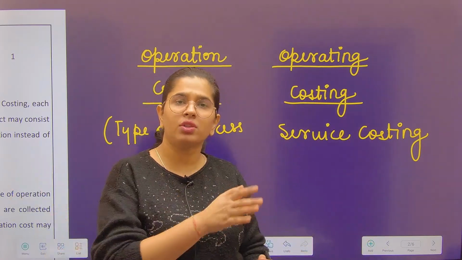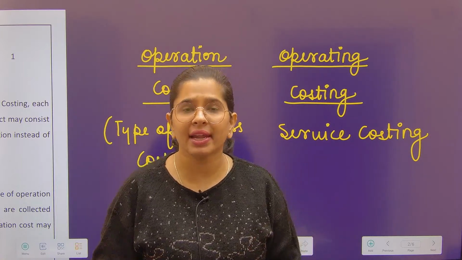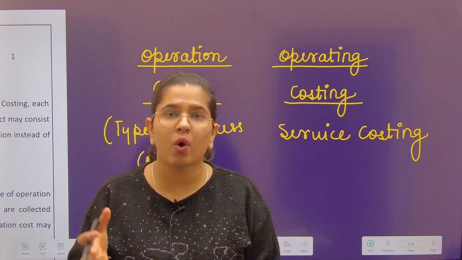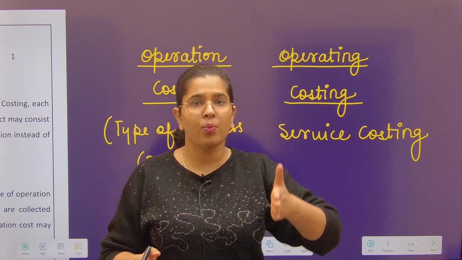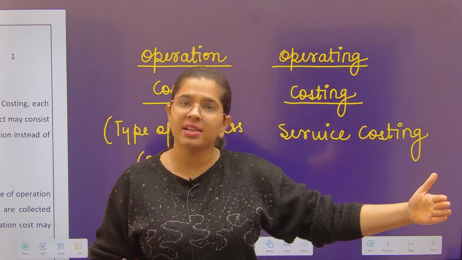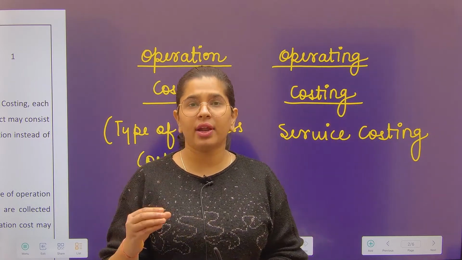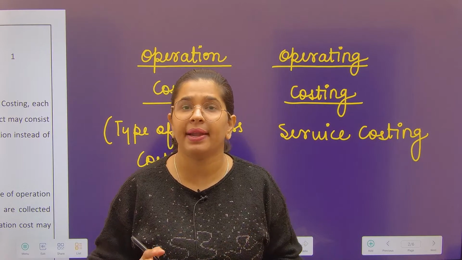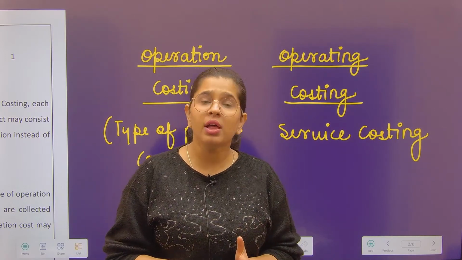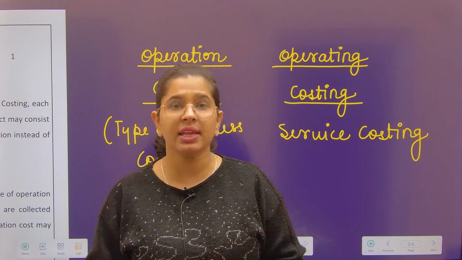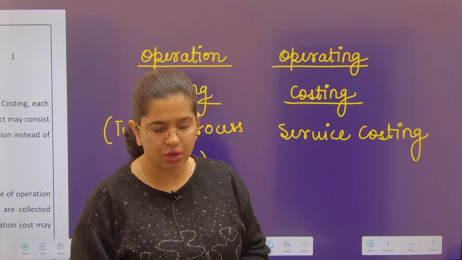So this involves the whole process, and in process costing you find out the cost involved in each process. Process 1, process 2, process 3, and then the final stage, finished goods. Till then you calculate all the costs separately. That is process costing, so that you will be able to know what your total cost is in each process. But what happens in operation costing is,